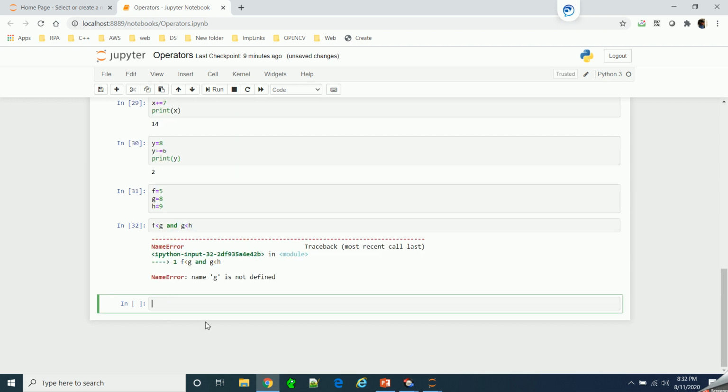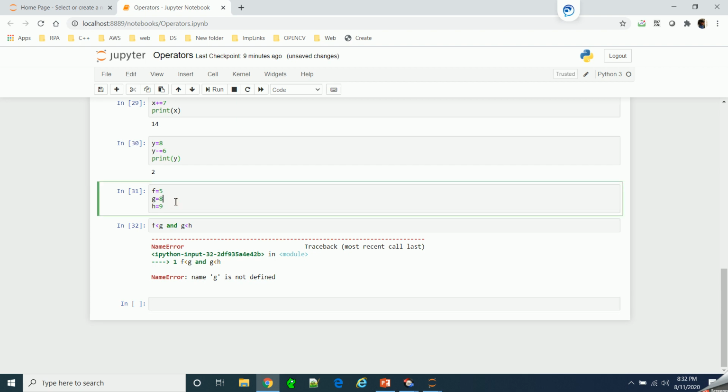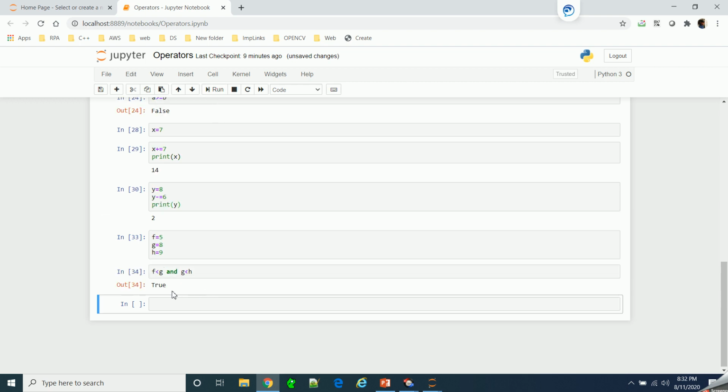First run this cell, and then we'll run this. Okay, so it is true. Here f, which is 5, is less than 8, and g, which is 8, is less than 9, so it is true.